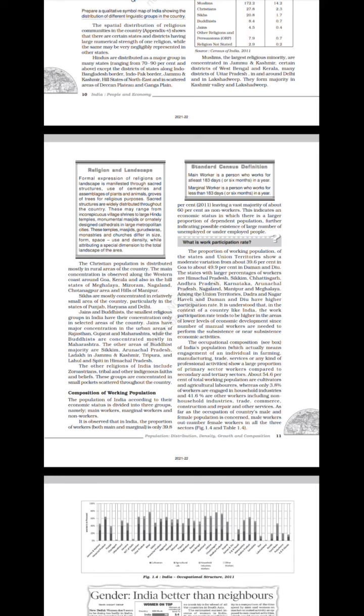The Christian population is distributed mostly in rural areas of the country. The main concentration is observed along the western coast around Goa, Kerala, and also in the hill states of Meghalaya, Mizoram, Nagaland, Chotanagpur area, and hills of Manipur. Sikhs are mostly concentrated in a relatively small area of the country, particularly in the states of Punjab, Haryana, and Delhi. Jains and Buddhists, the smallest religious groups in India, have their concentration only in selected areas of the country. Jains have major concentration in the urban